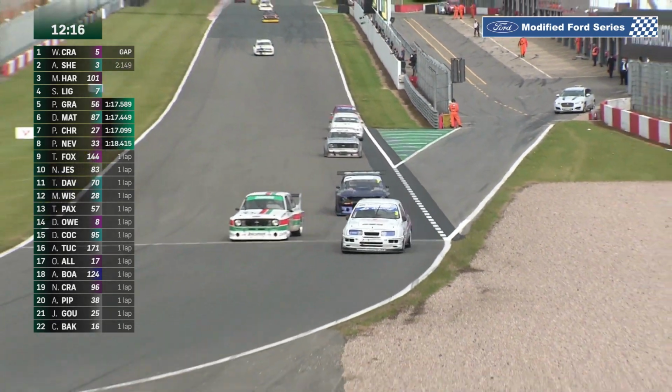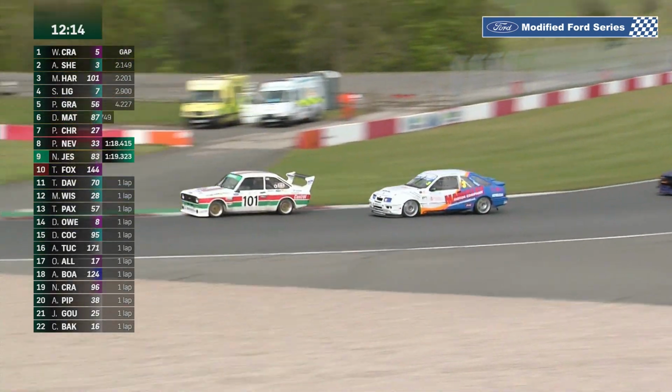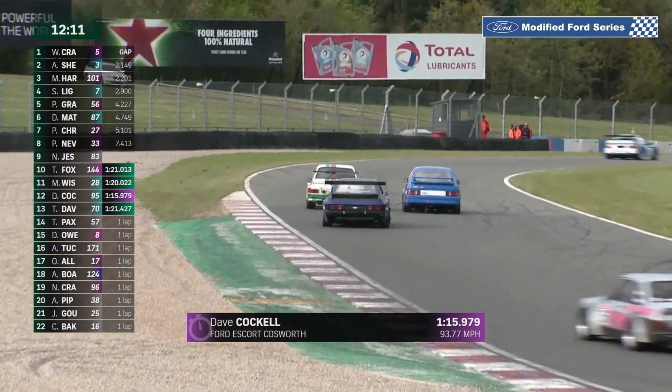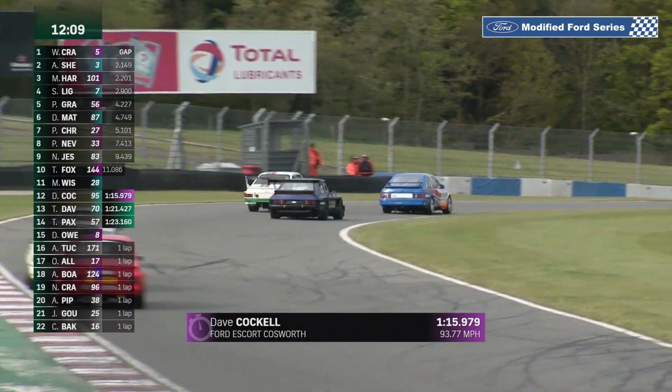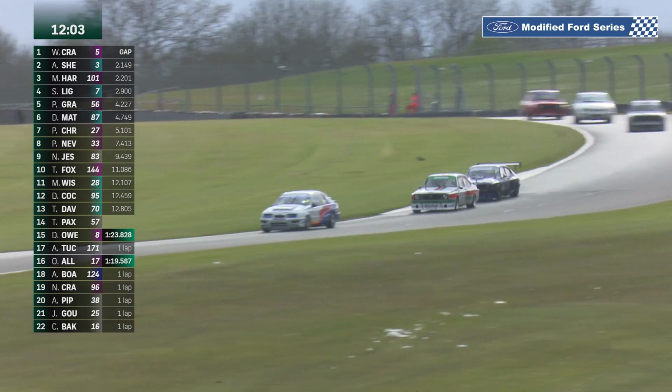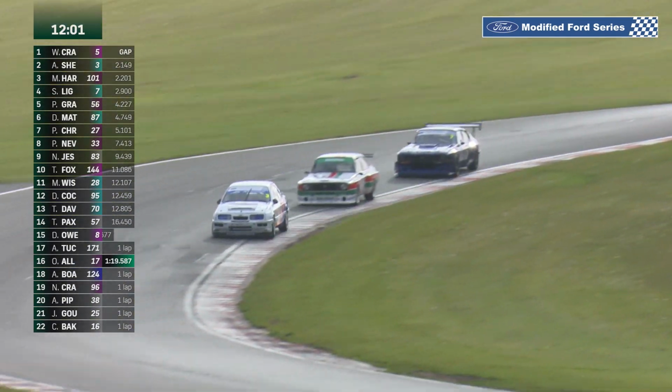So Shelswell moves into second with Harding down to third, although Harding is very, very late on the brakes and goes back up the inside. Fantastic move that. He can't quite get the car stopped though, so Shelswell comes back at him on the exit of the corner, and look at Simon Light in the Capri looking to well and truly make this a three-way